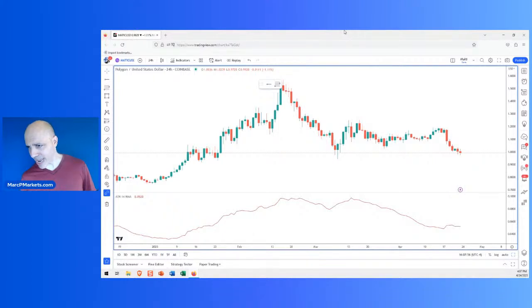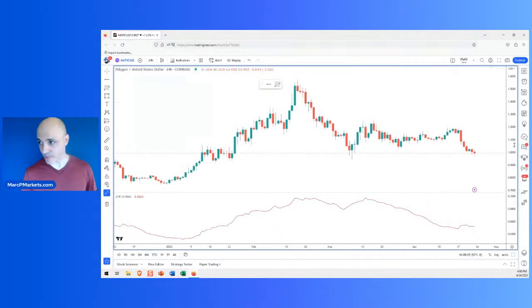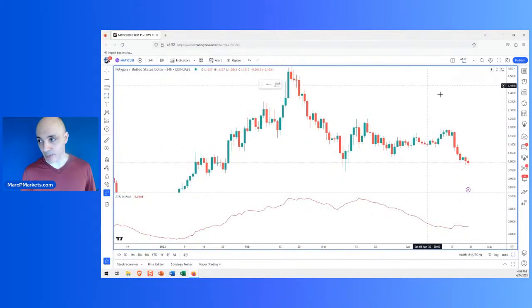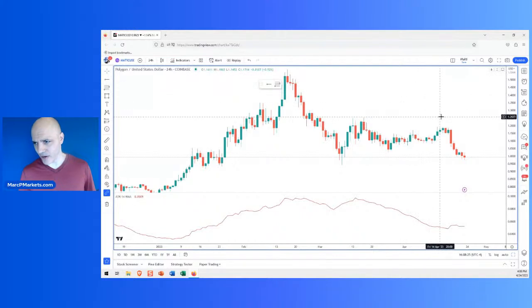Wow. Matic is right now at 99.28. How many times has my scanner called Matic short from 112? How many times? Raman, you want to tell me? All right, so it was right. It's been calling Matic short while Bitcoin was going higher, and I warned people: be careful, because if Bitcoin is really strong, you don't want to be shorting something against Bitcoin, right? Anyway, this short would have worked out from 112. We're at 99.25 right now. Where was 112? Let me just put that on the chart.